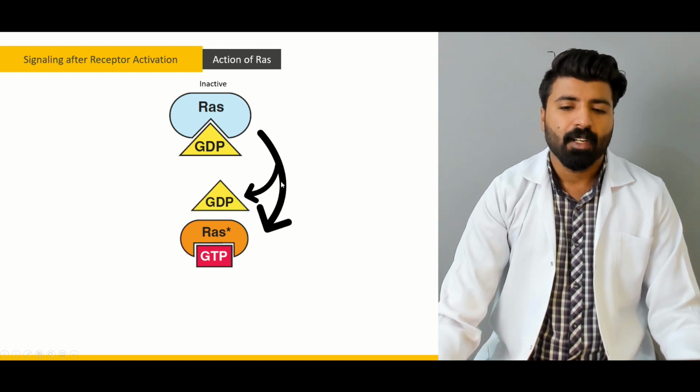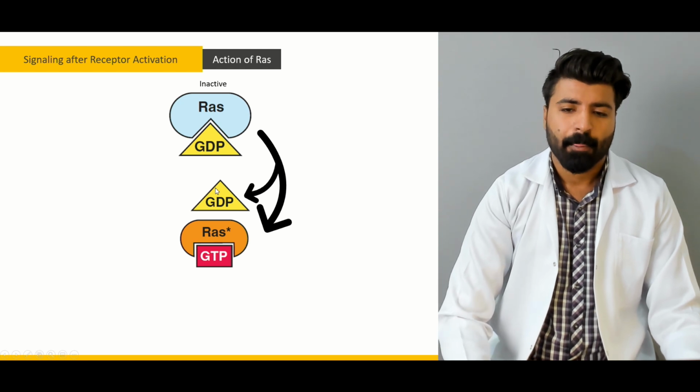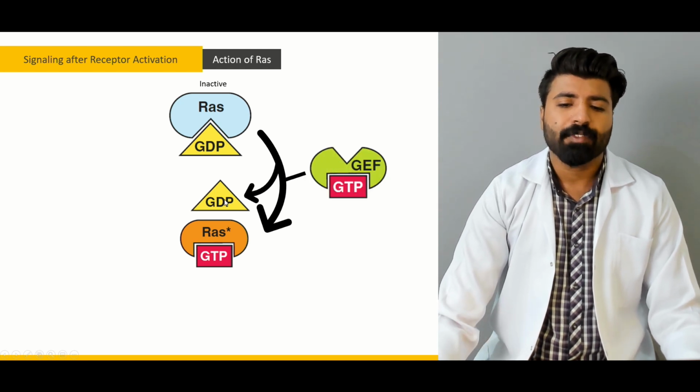That GDP is gone now. That GDP is off the mark. Maybe it was GTP who gave it a phosphate group and then freed itself in the form of GDP. What gives off its phosphate group? That's the answer. GTP gives off its phosphate group, converts itself into GDP, and that phosphate group is now taken